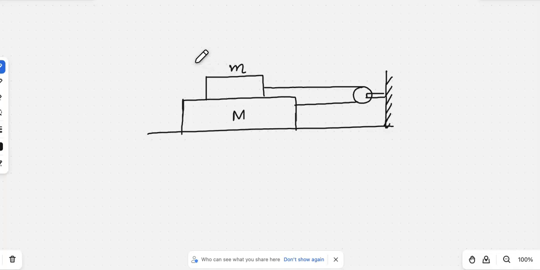Hello everyone, this question is in continuation with the previous two questions. What we have done here is that this M block has been given a charge Q and there is an electric field in the upward direction. Okay, so those who don't know the force due